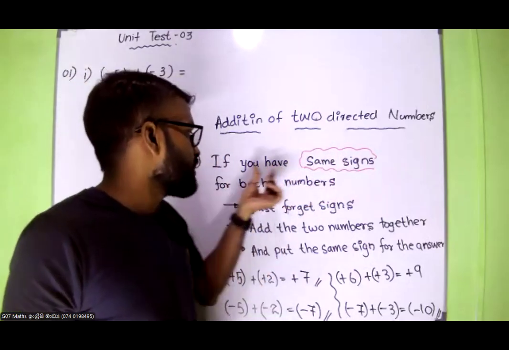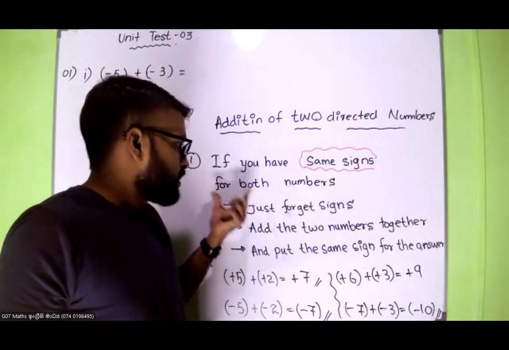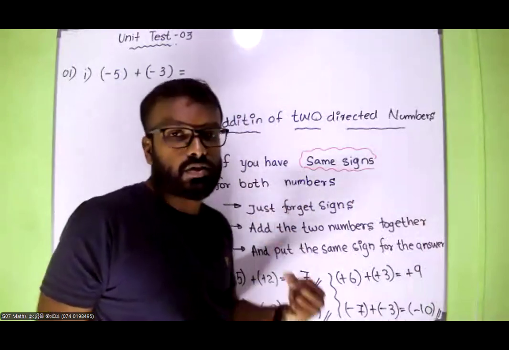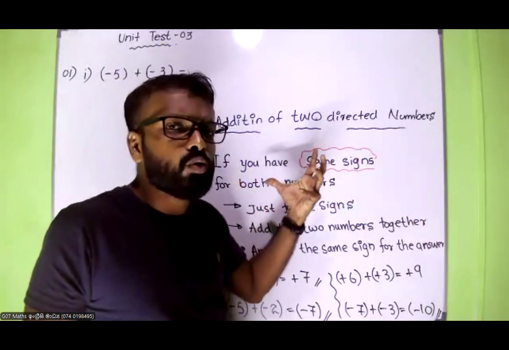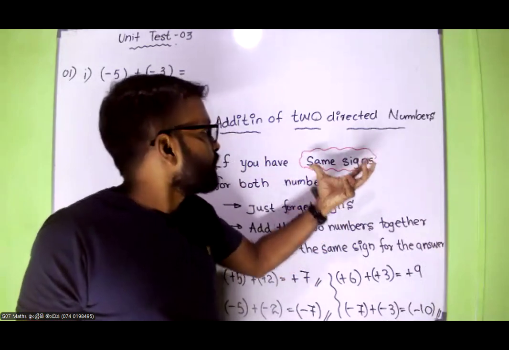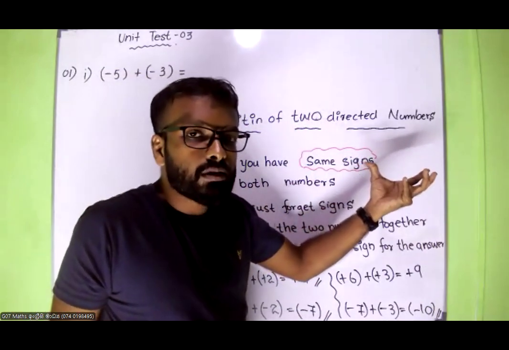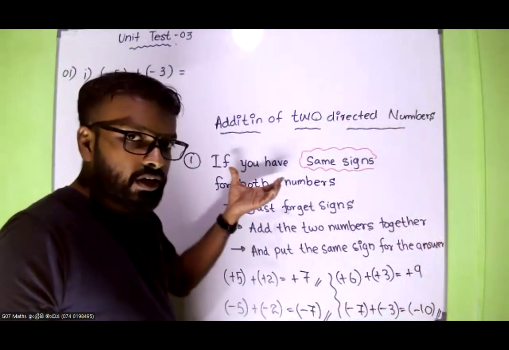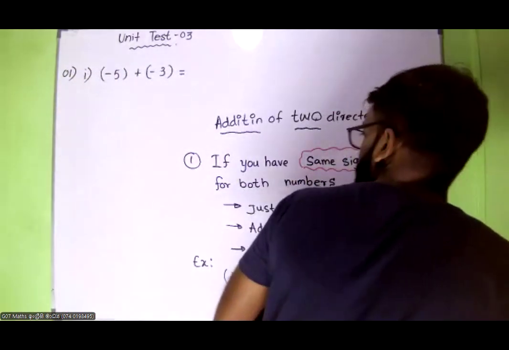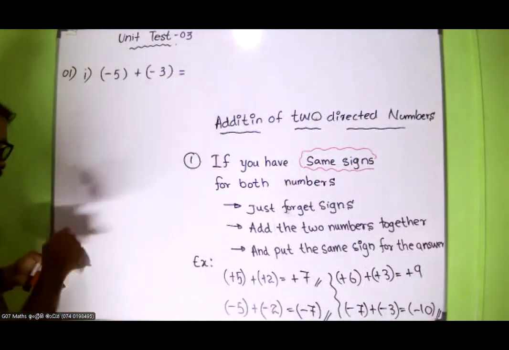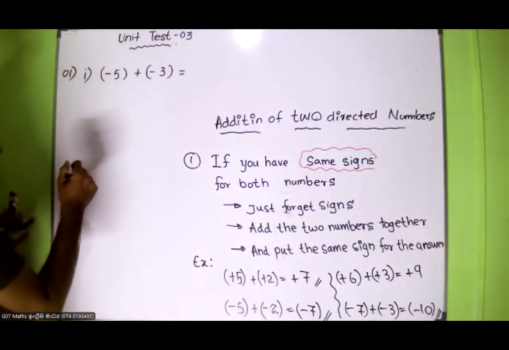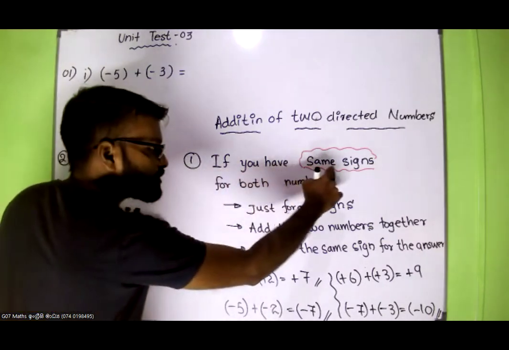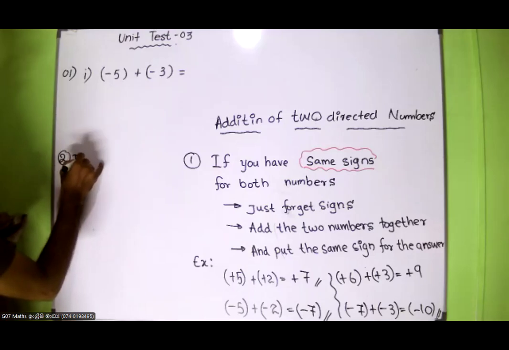So if you have same signs for both numbers, just forget the signs, add the two numbers together and put the same sign for your answer. This is how we are going to evaluate two directed numbers without using the number line. So this is the first one. I will write the second one here. Now if you have same signs, now what happens if you have